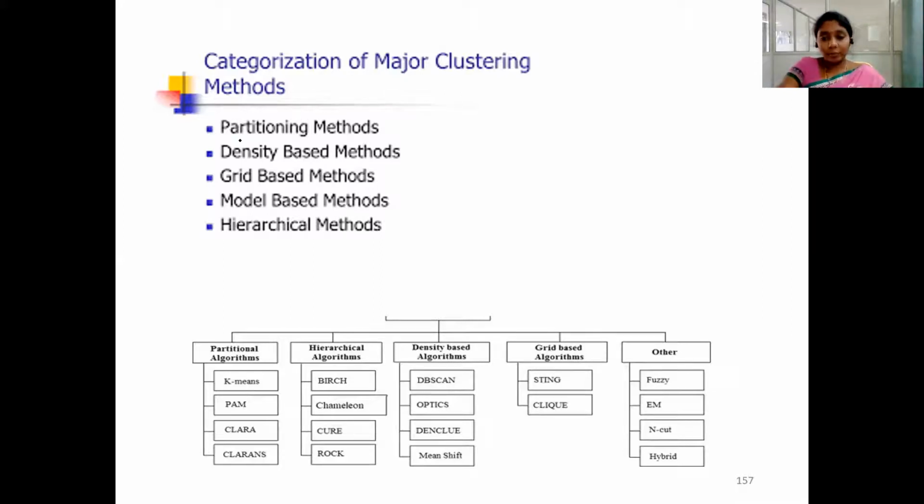And each method has specific algorithms. For example, in the partitioning method we have the K-means algorithm, PAM, CLARA, CLARANS, etc. Like that, under each particular method we have some specific algorithms for generating the clusters.